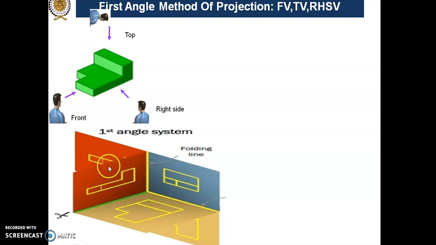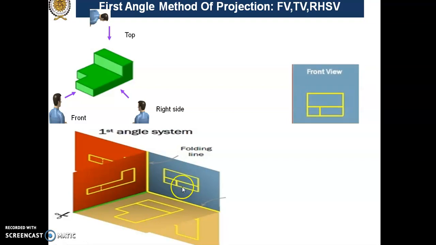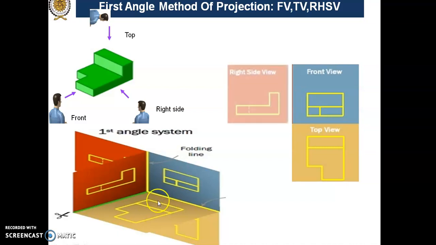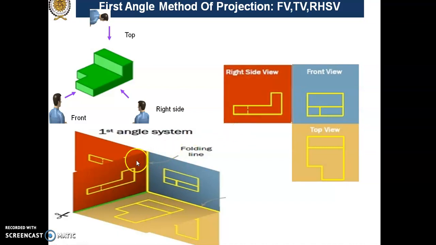These images appear over here on the profile plane, by joining in correct sequence the points which meet this particular plane. Now turn this plane through 90 degrees so as to make it coplanar with the vertical plane and just see what happens. Here we get a front view, and here a top view appears, and here a right hand side view appears at the left side of this front view.